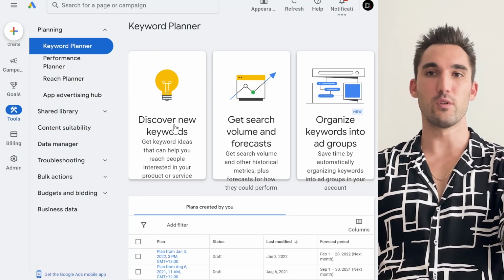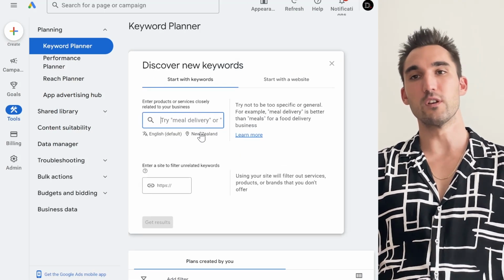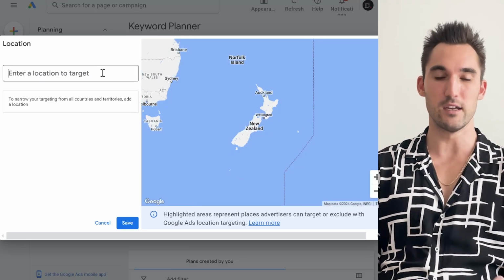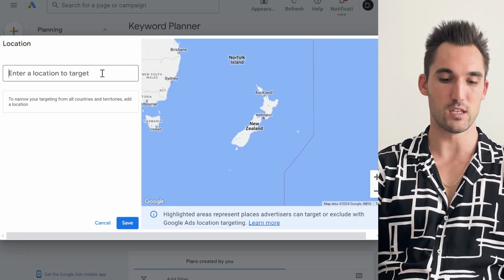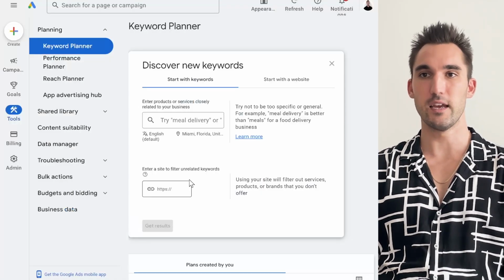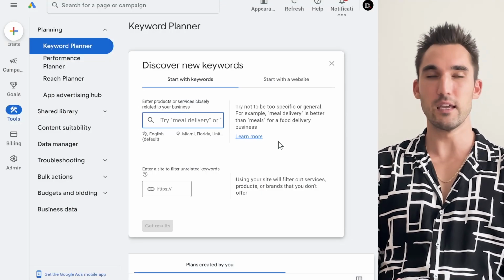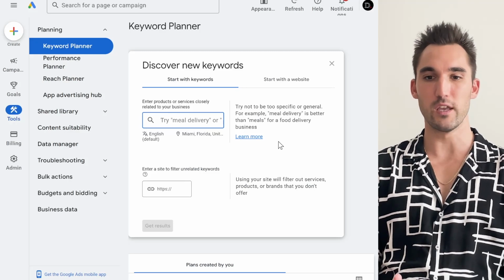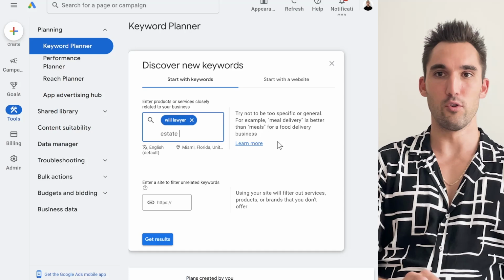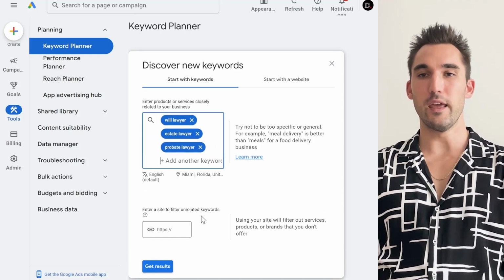So what you want to do is hit Discover New Keywords. You want to select the area that you're going to be targeting. So this would be your target area. Let's say, for example, we'll just select Miami, Florida as an example for this video. Hit target, hit save. And then you want to type in the main keyword that you actually want to target, or several keywords. So in this case, we'll go will lawyer, estate lawyer, probate lawyer, and then we'll see what